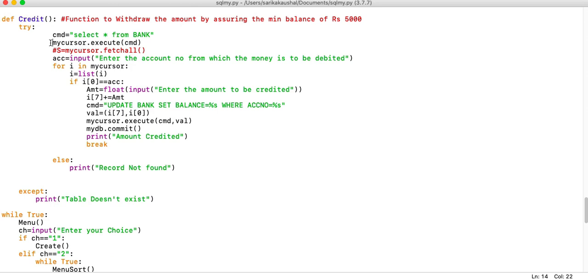Here, whenever you are issuing this, you are supposed to issue fetchall also, because this command will tell you that you are supposed to fetch all the records from the buffer area so that you're able to make changes into that. And here with the loop, you are supposed to not use my cursor, you are supposed to use S, because fetchall is going to fetch all the records using the unbuffered cursor, and it is going to get stored in S, and from S you're further making changes into the database.